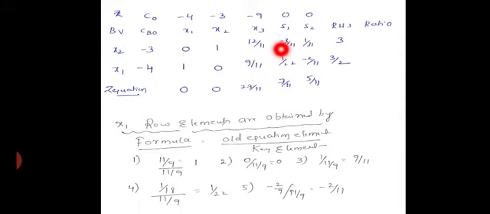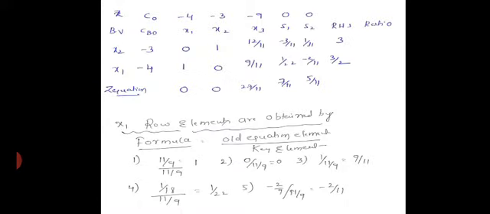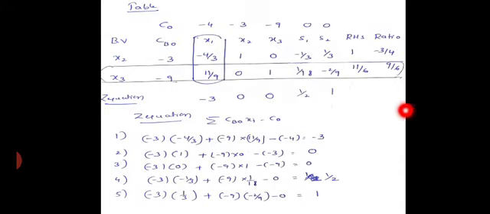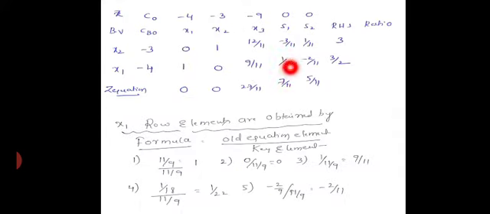Similarly for the x2 row, how to calculate the x2 row? You have a formula: old element minus corresponding key column element into new pivot equation element. Here your new pivot equation element is nothing but the x1 row values. Here the old one is minus 4 by 3, minus 4 by 3 into 1, 0, and these are the old elements. The corresponding key column value is minus 1 by 3. Entering your new equation elements, nothing but your x1 row, if you do it, you are going to get the values 0, 1, 2 by 11, minus 3 by 11, and 1 by 11. Similarly the RHS value is 3 now.